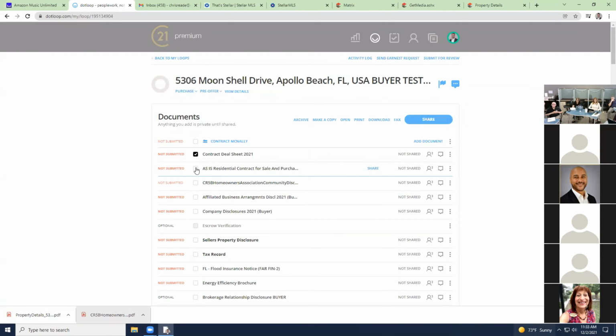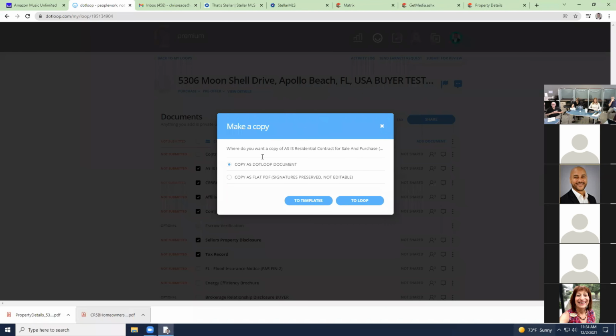They sent me a contract, the HOA, and some other documents, and the property disclosure and tax record. I'm going to make a copy. Do I want to copy it as a Dotloop document or make it a PDF? If I copy it as a Dotloop document, all that means is we're going to leave it as a fillable